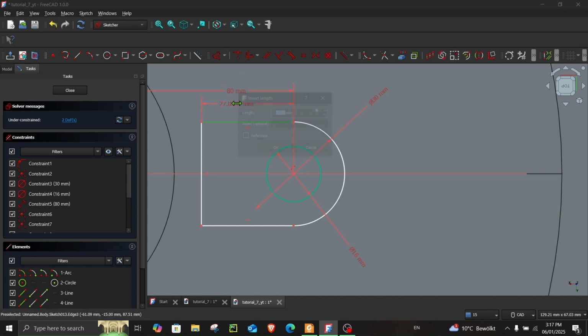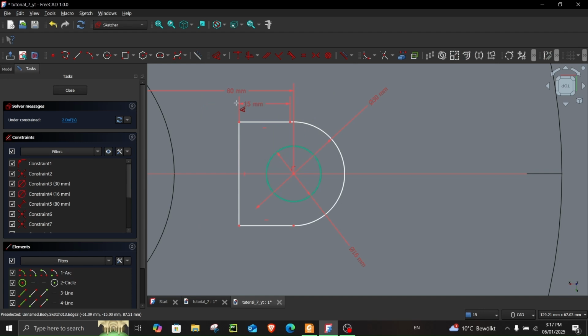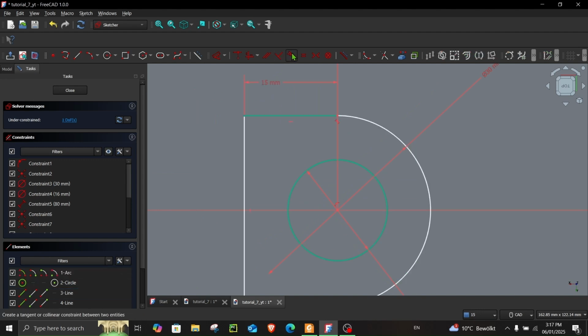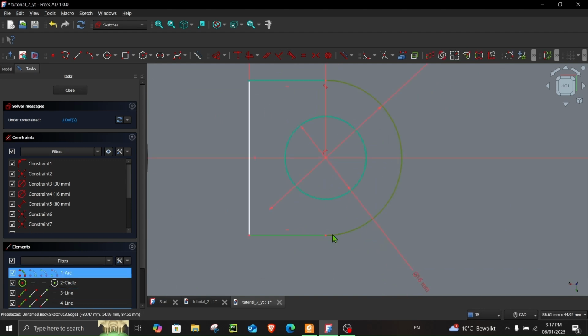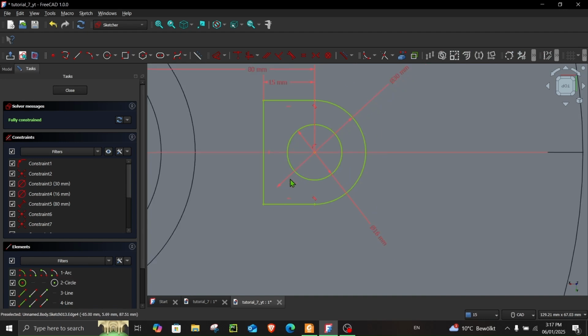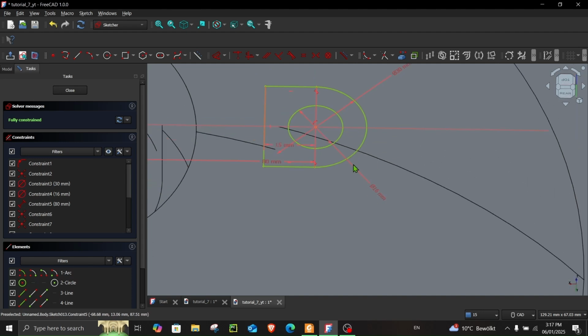So this one is 15, and let's see what's under constraint. Okay, so select both of these and make them tangent, and also these. Okay, everything is fully constrained. Let's exit the sketch,